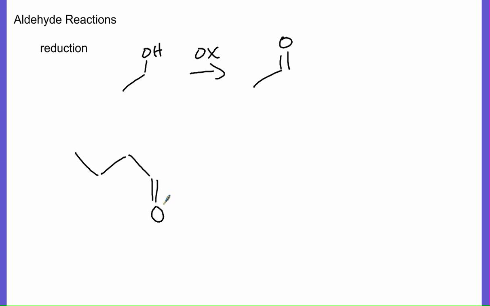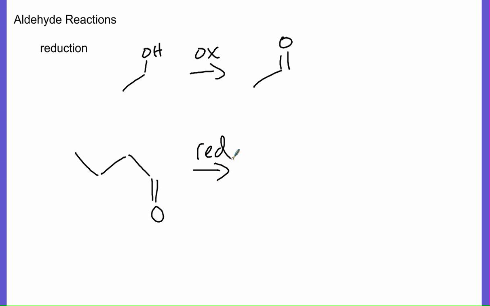We learned last chapter that if we had a primary alcohol and we oxidized it, it would turn into an aldehyde. So this ethyl alcohol molecule turned into an acetaldehyde or ethanal molecule. So this chapter, we're just going to start out with an aldehyde, like this one,